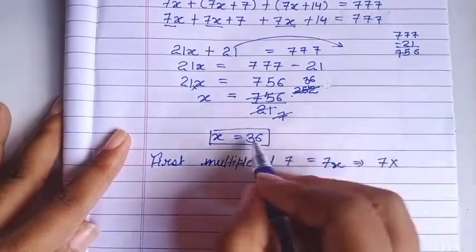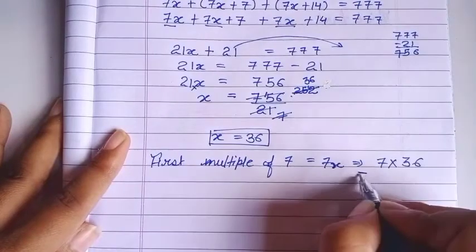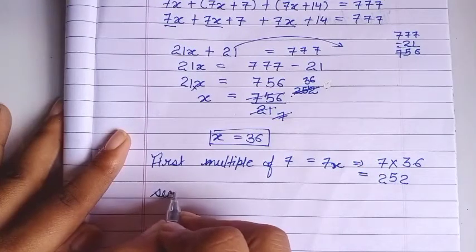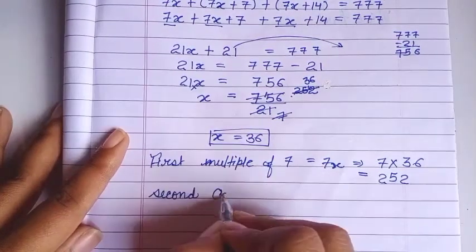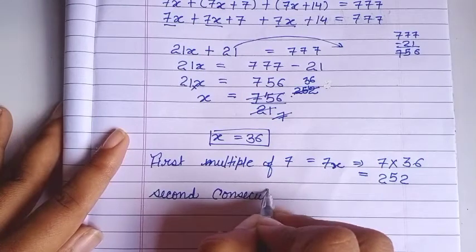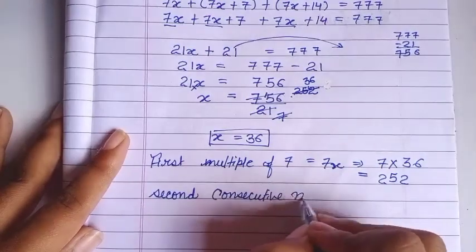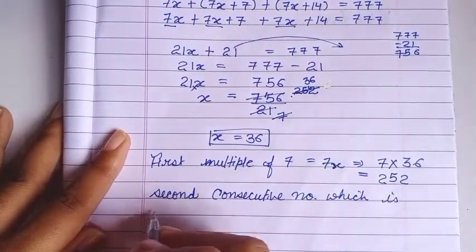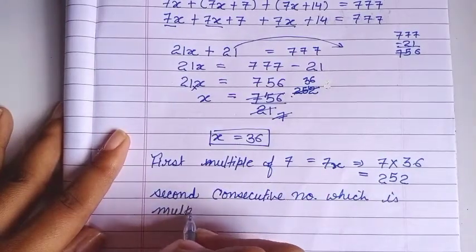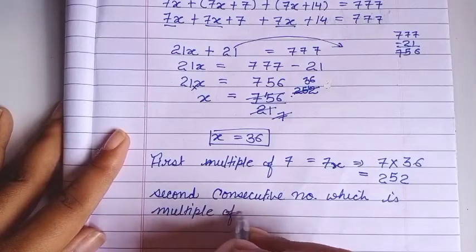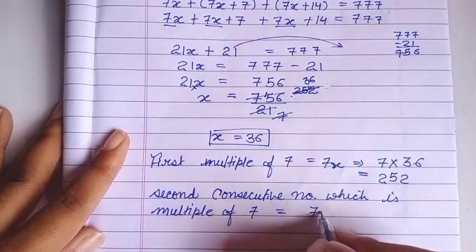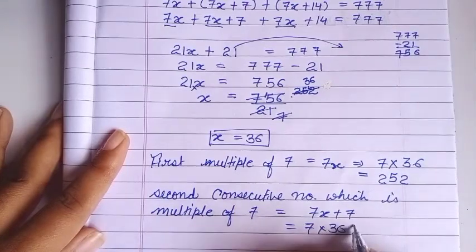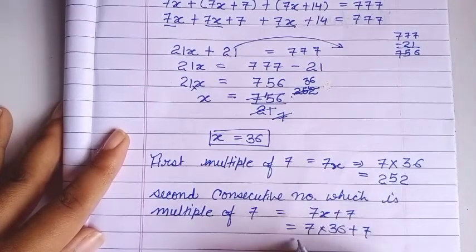7x means 7 multiplied by what is x here? 36. So this is equal to 252. The second consecutive number which is a multiple of 7 will be 7x plus 7. It means 7 multiplied by 36 plus 7. This will be equal to